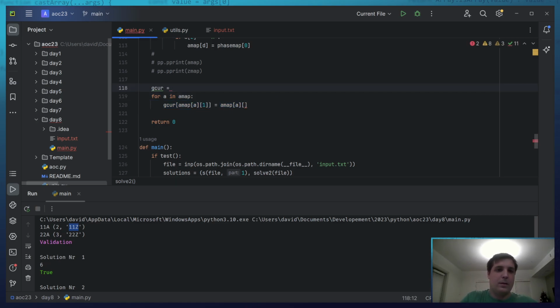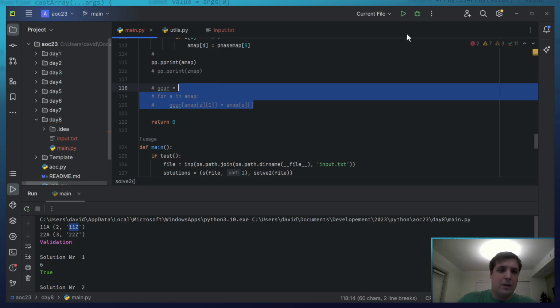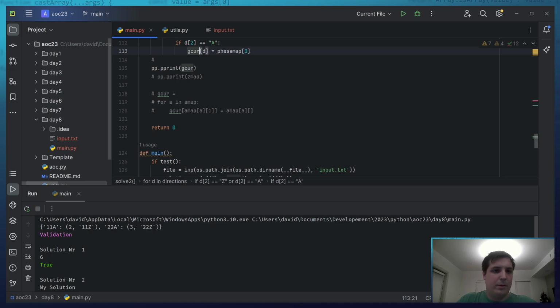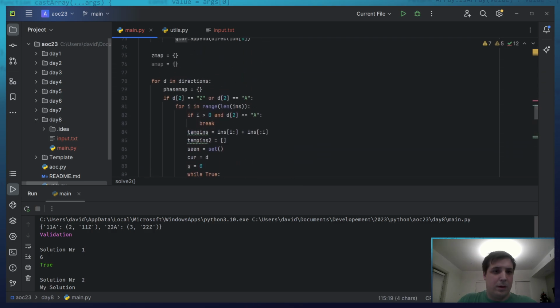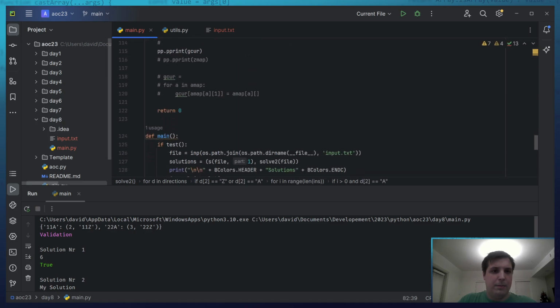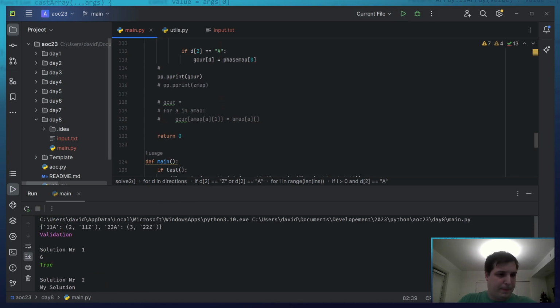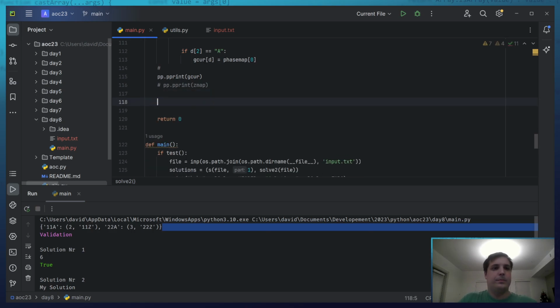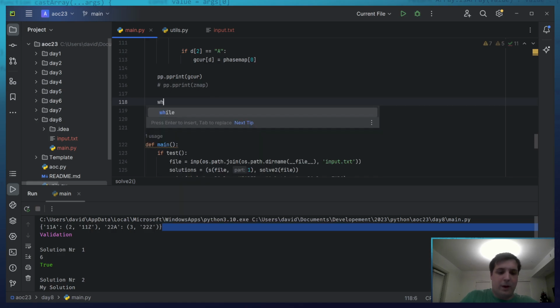So really A map is just our ghost current. That's really what A map is. Yeah, rename A map to ghost current. Okay, now what I need to do is check what my while loop is doing again.